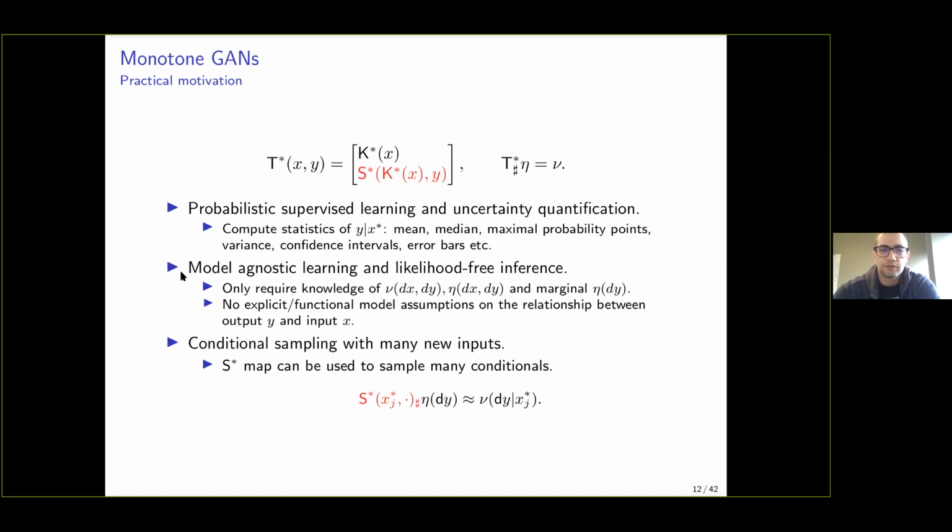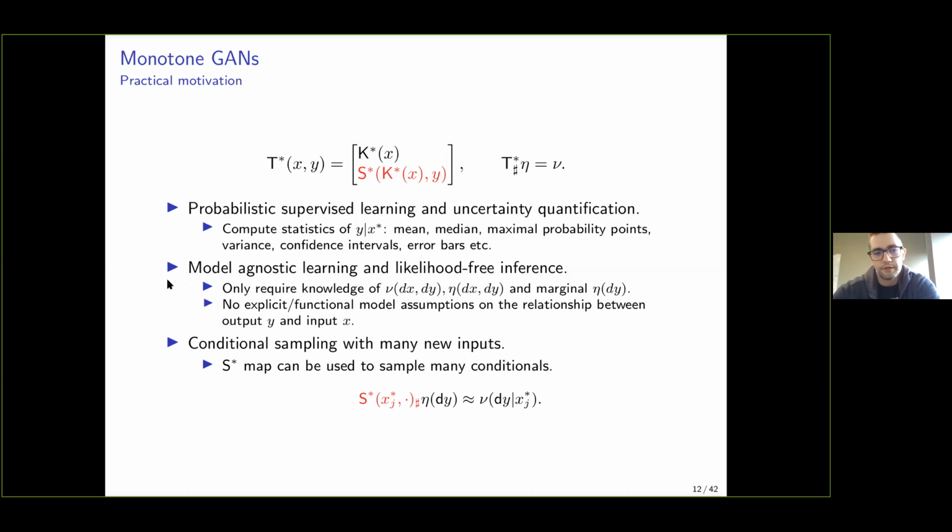The approach that I showed you is actually model agnostic in that it only needs samples from the measure nu and the measure eta. And it does not assume a particular functional relationship between your input and output. This can be helpful in many settings, for example, cases where you have black box models or